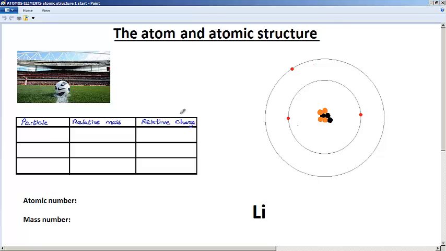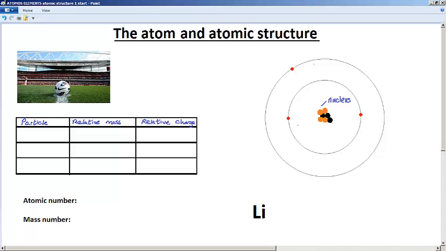We're going to look at the atom and atomic structure. Now on the right here we've got an example of a lithium atom, and let's just briefly look at its structure. First of all, in the centre of the atom we have something called the nucleus. If you look over here at this photograph, you can see a football on the centre spot in the middle